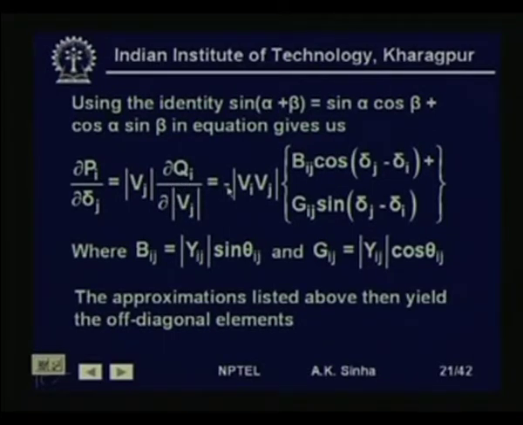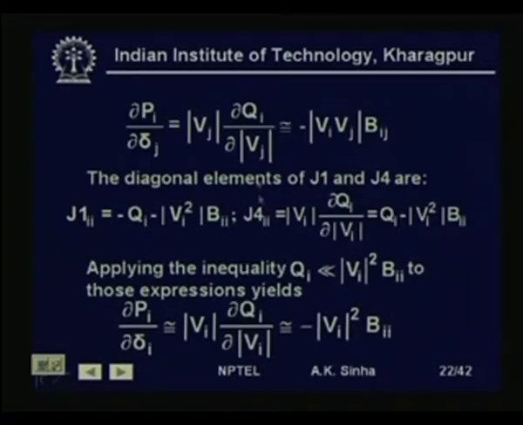This is equal to minus Vi Vj [Bij cos(delta j minus delta i) plus Gij sin(delta j minus delta i)], where we have used Bij as Yij sin theta ij. This is the susceptance part, and Gij is equal to Yij cos theta ij, which is the conductance part. The approximations listed above yield the off diagonal elements as